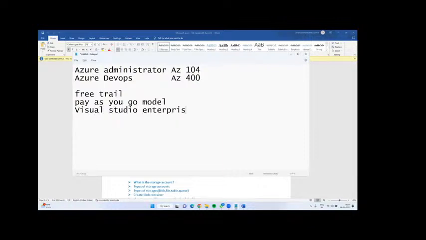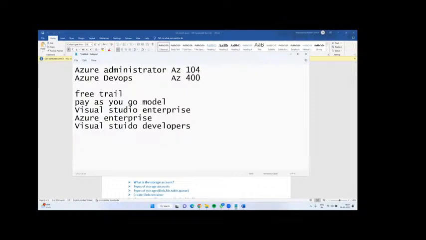Also we have Enterprise subscription, Azure Enterprise, and Visual Studio Developer Edition. Like that, we have around 20 plus subscriptions.